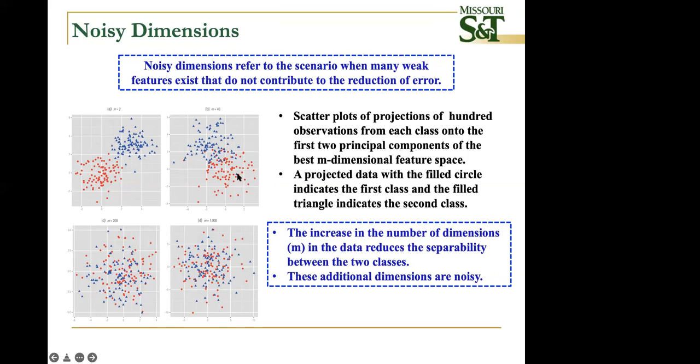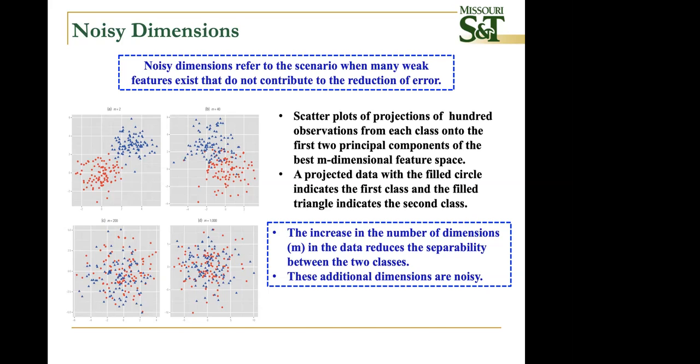As you increase the number of dimensions, here with M equal to 2, you can see nicely it's separated. You might think that as we increase the number of dimensions, like in big data, you will be able to separate these two. But as you increase it, M equal to 1000, you see how closely they overlap, and it's very difficult to separate those red circles from blue triangles. In other words, the other dimensions become like noise, which makes it harder to separate them out. A lot of times, because big data has higher dimensions, it's very difficult to classify the data points.